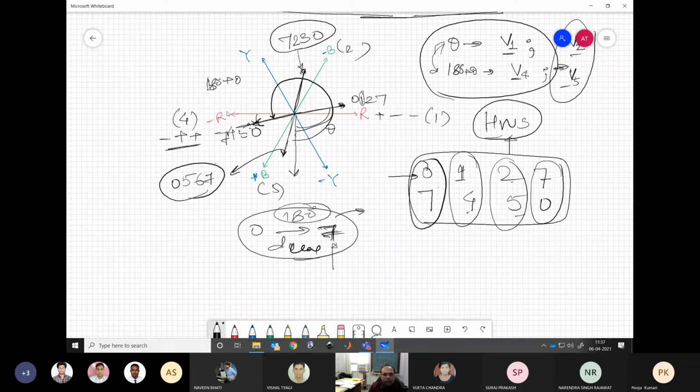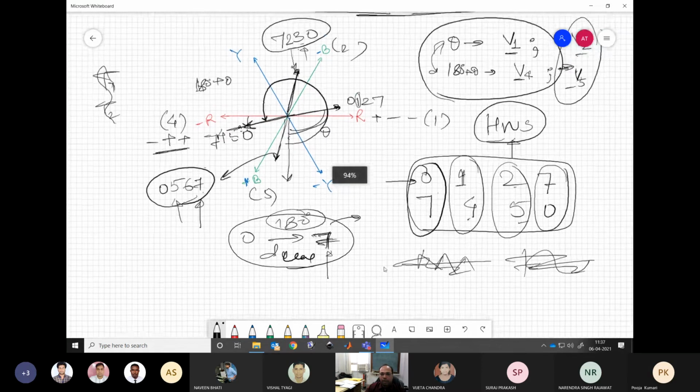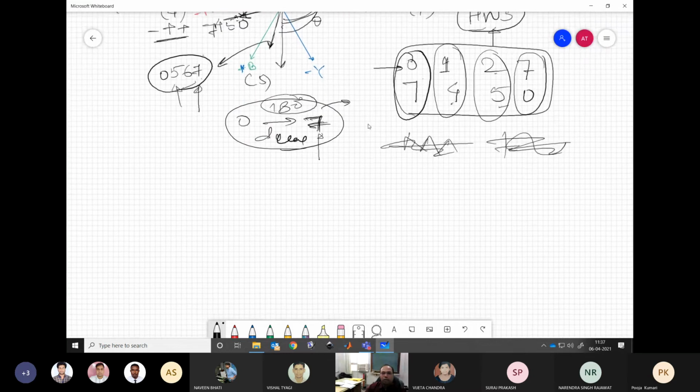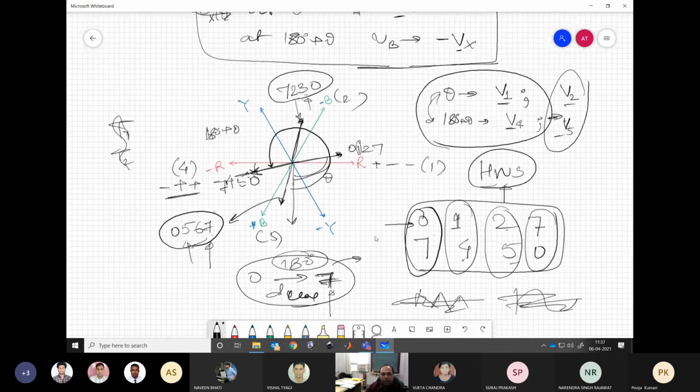You only need to maintain the vectors. You need not go for, okay, what is the carrier frequency, how my modulating signal is coming and all, nothing. You have computed T1, T2 or so on, whatever. You need to only apply these vectors in this manner. If you have applied at some theta this 7230, you simply make it 0567. So we will have some more discussion on how to make this automatic without thinking so much. So this part is clear, half-wave symmetry?